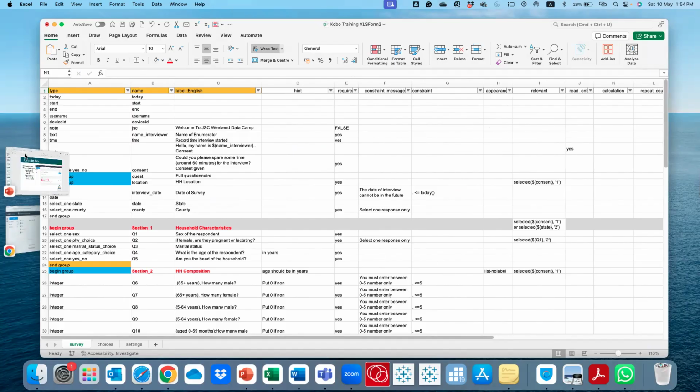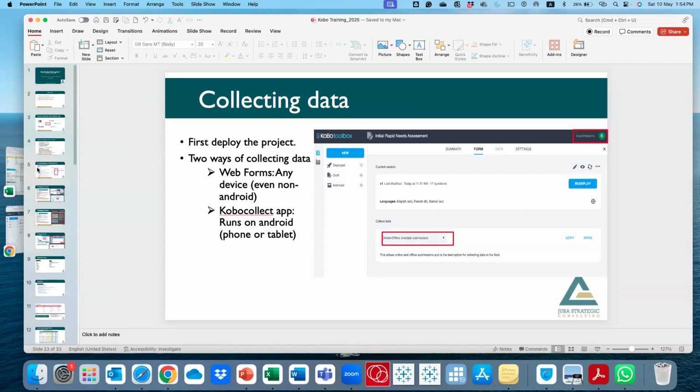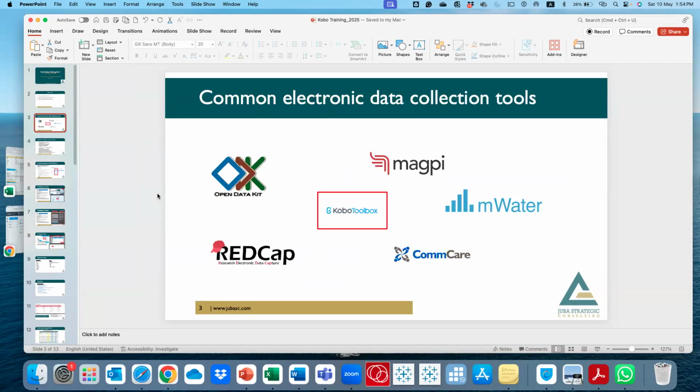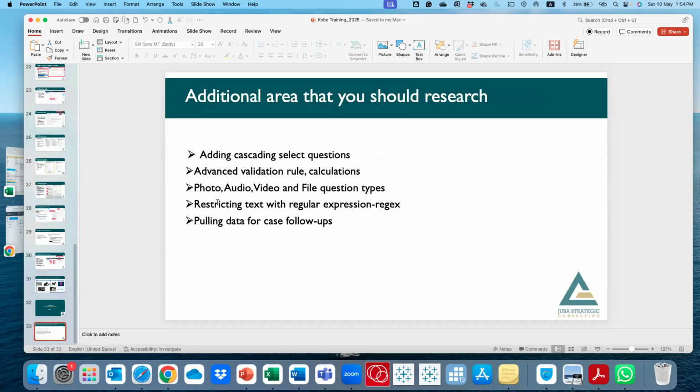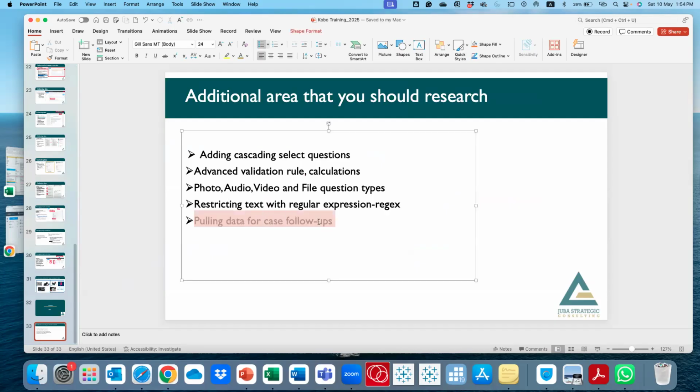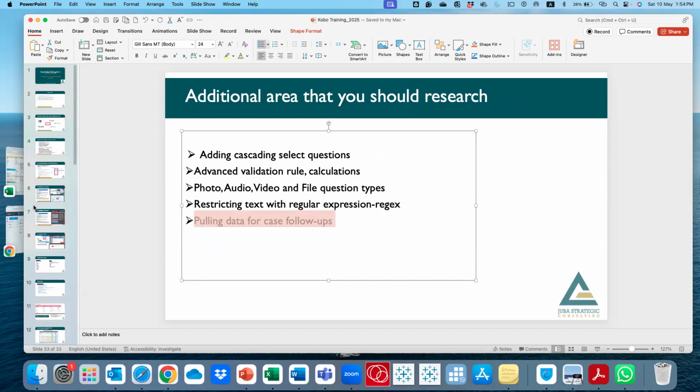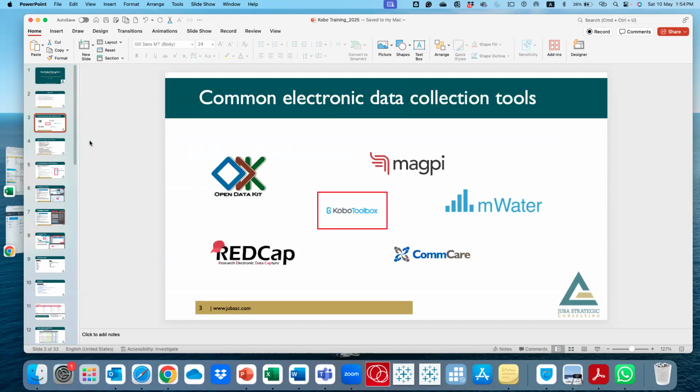The only other provision it has now is that you can pull data from a CSV, which I've also left here for you, if you want to sort of follow up. But this is for specific defined variables that you want. You can attach a CSV and pull, but a case follow-up is not possible.